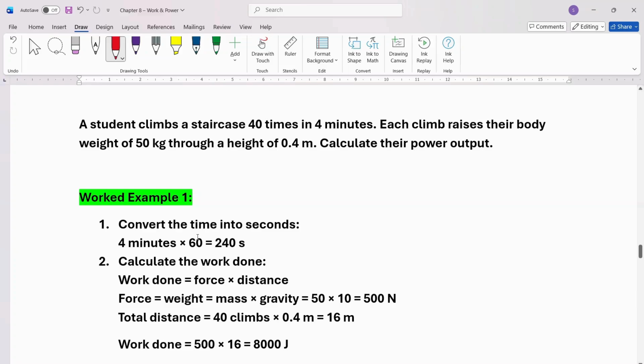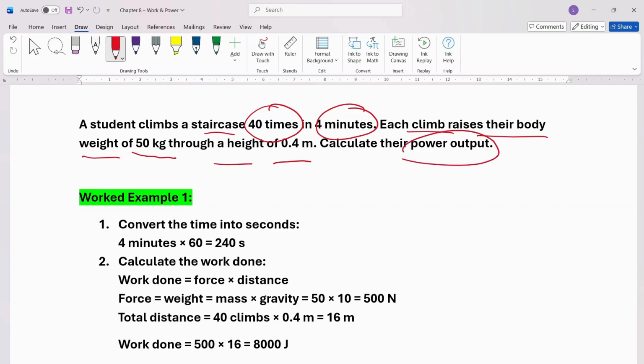Example: a student climbs a staircase 40 times in 4 minutes. Each climb raises their body weight of 50 kilograms through a height of 0.4 meters. If we need to calculate the power output, first step, we will convert this time into seconds. So we have 240 seconds. Then we will calculate the work done, which is force times distance. Force is equal to weight, and weight is equal to mass times gravity. Mass is given in our question, 50 kg,